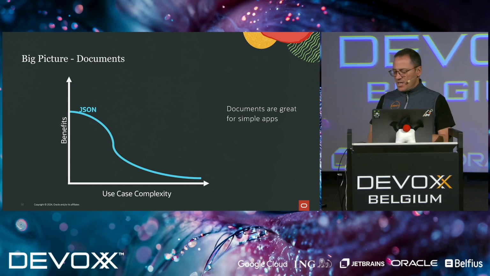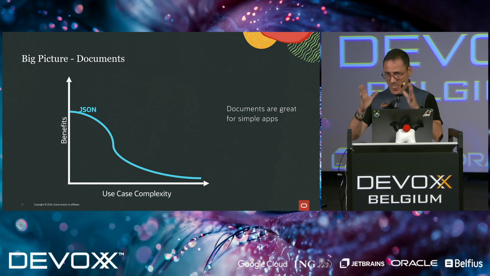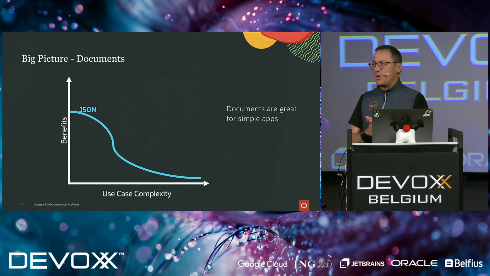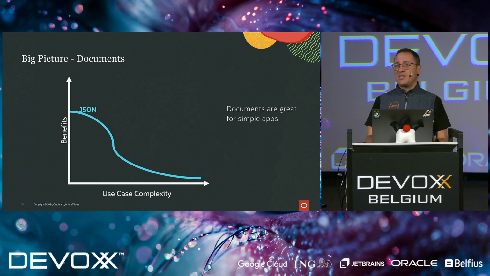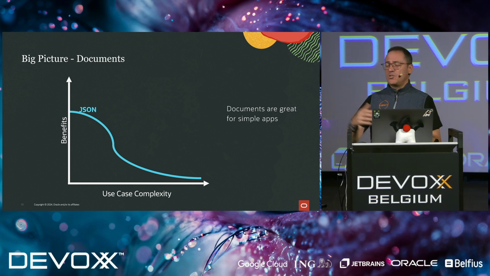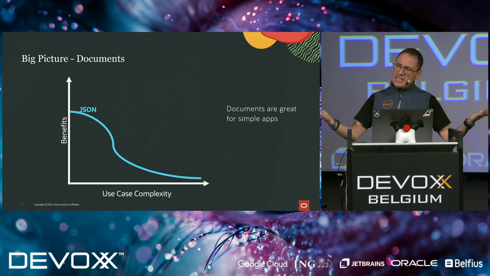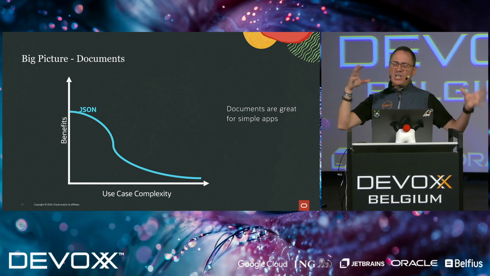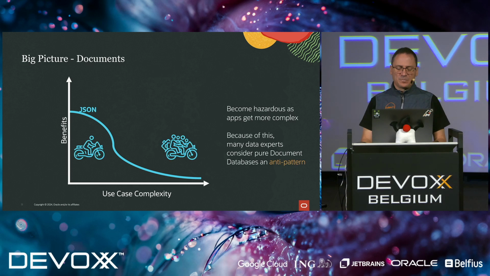Anyway, JSON allows you to have a very, very quick experience in the early days of your application. It's so easy to get started. You just create a schema as you need it. You evolve it also as you need it. Off we go. But as your application grows in complexity, dealing with these schema-less documents and a bunch of JSON documents lying around in your system starts to give you more headaches.